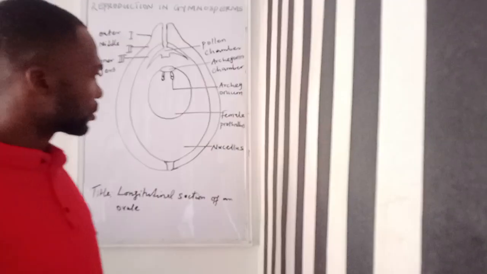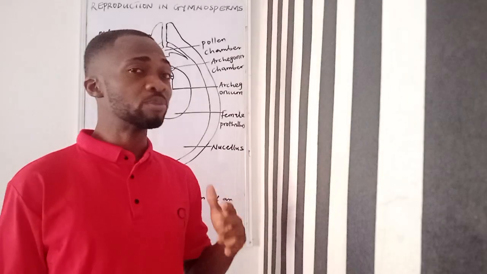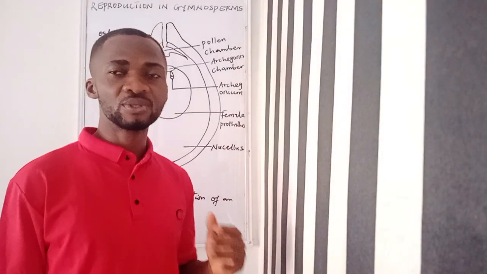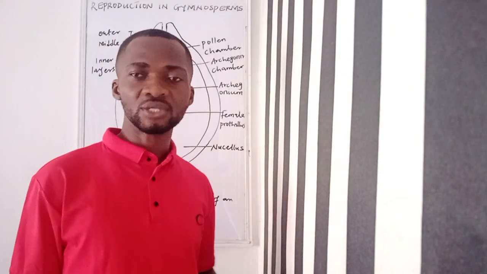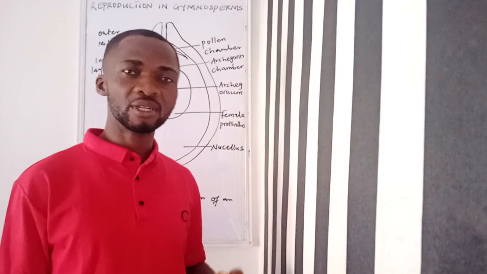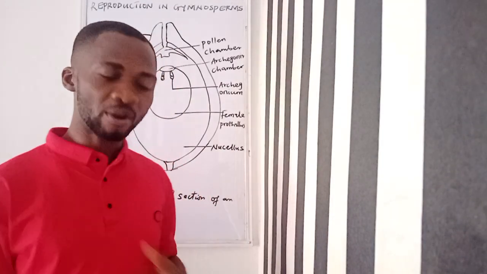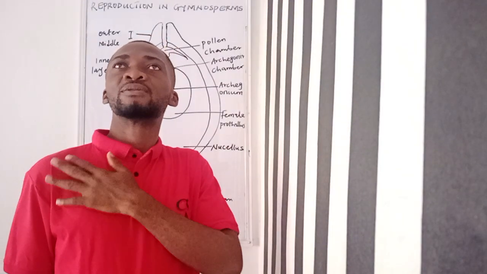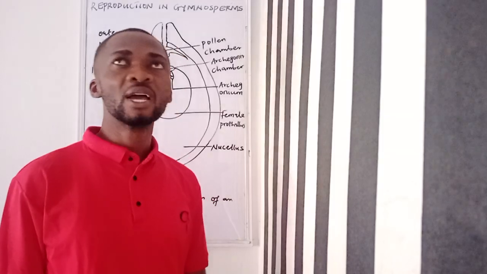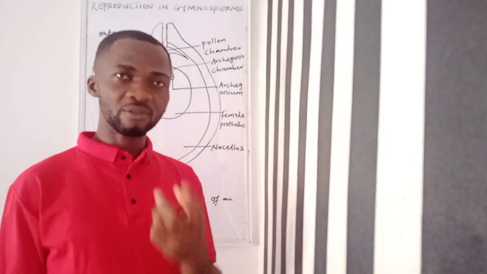All right, so you discover that gymnosperms do not have flowers or do not have complete flowers. In some textbooks you'll be told that gymnosperms do not have flowers at all, that they are categorized as non-flowering plants. Then in some textbooks you'll be told that they do have, but not a complete flower. So let's go with the school of thought that they do not have a complete, a complex flower. And this means that their ovules are borne on the two margins of the carpel.